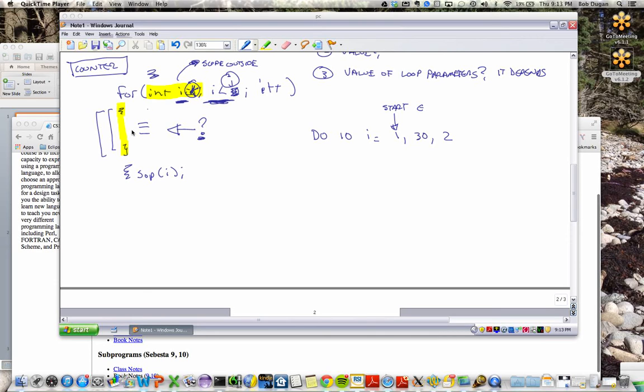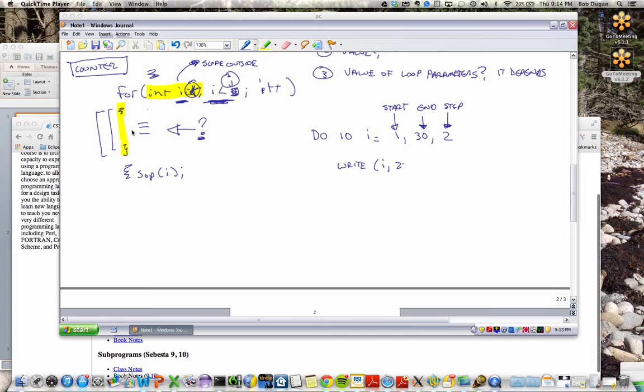We're going to end if i is greater than this value of 30, and we're going to step in increments of 2. And then what we're going to do is I'm going to say WRITE